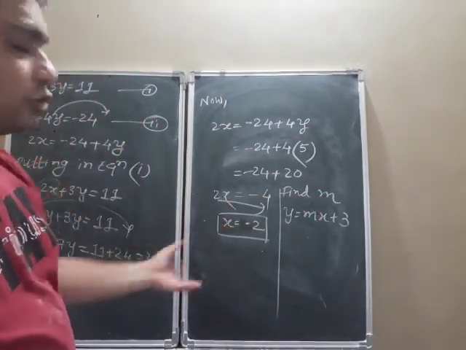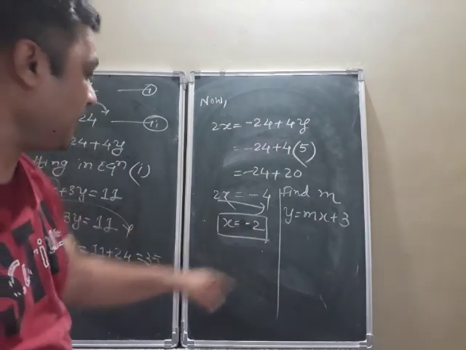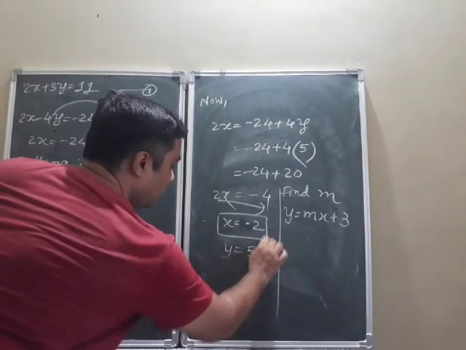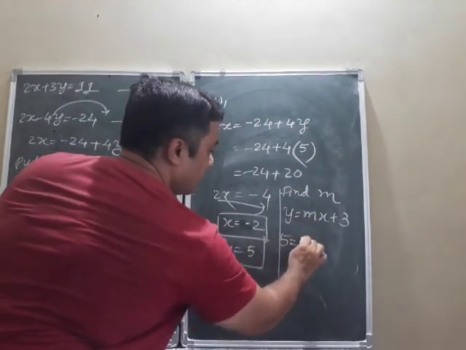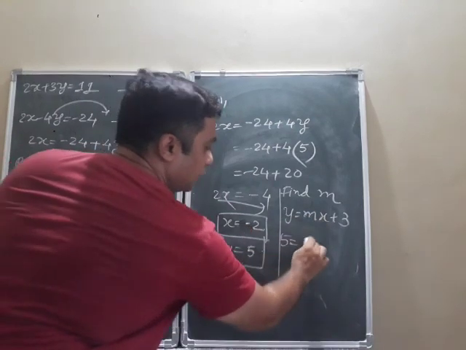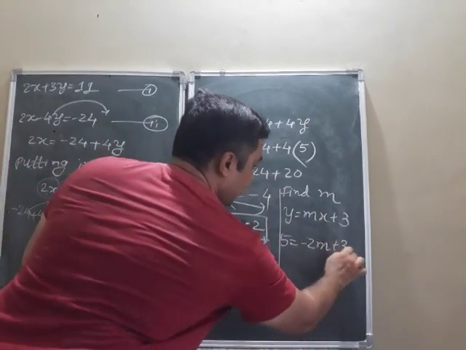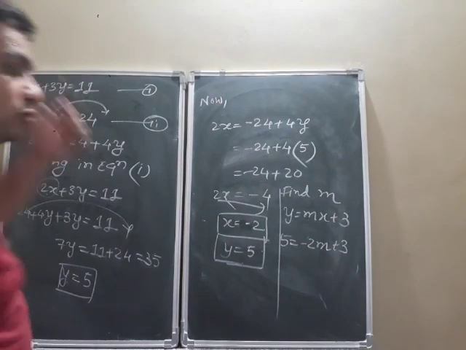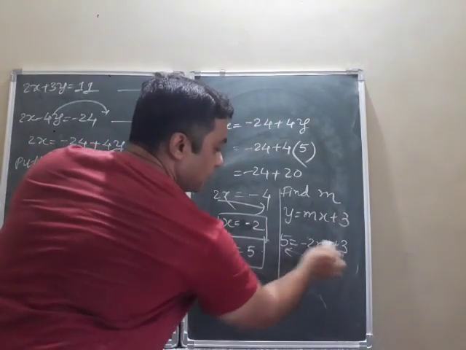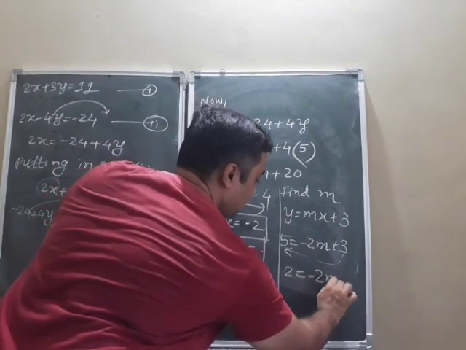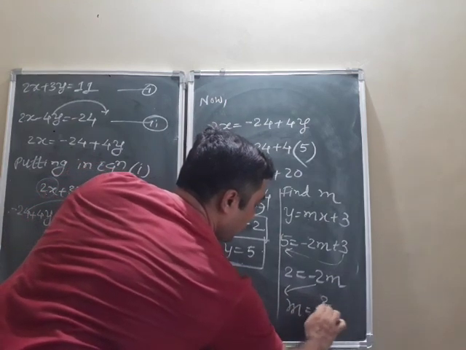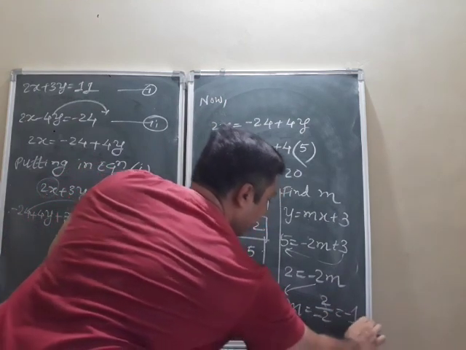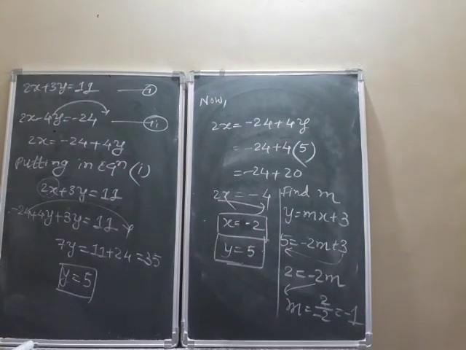Use this solution. तो एकदम simple है. Here x is minus 2 and y is 5. Clear? So these two values you substitute here: y is 5, x's value is minus 2. So 5 is equal to minus 2 into m, minus 2m plus 3. Now take plus 3 on this side, so it is minus 3. So 5 minus 3, 2, is equal to minus 2m. Clear. Now minus 2 on this side, so m is equal to 2 upon minus 2, and is equal to minus 1. Clear. So you have got the value for m, and that is equal to minus 1. That's all.